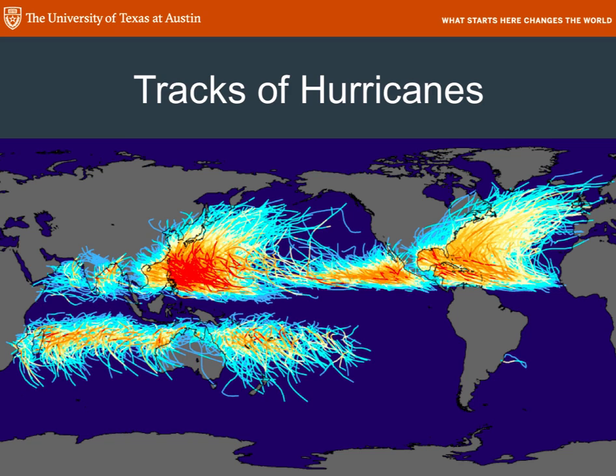The other thing I want you to note is that, well, we're very focused on hurricanes that hit the U.S., the Atlantic hurricanes and Gulf hurricanes. There are much more and stronger hurricanes in the eastern Pacific than there are in the Atlantic, and that is partially due to the much larger ocean basin that the Pacific is. So that's it. That's atmospheric circulation in